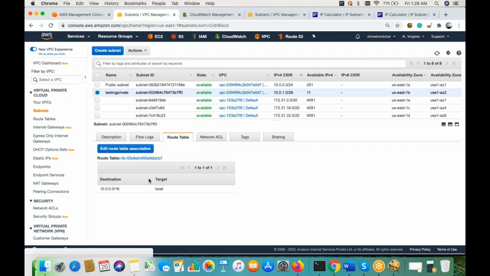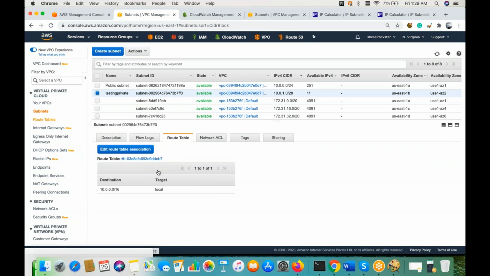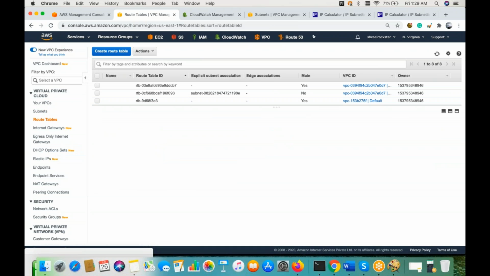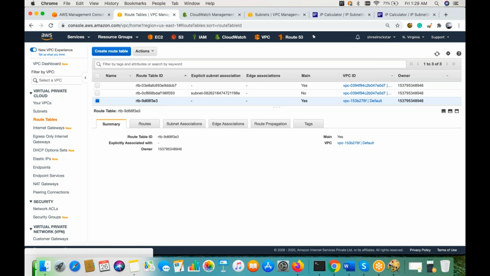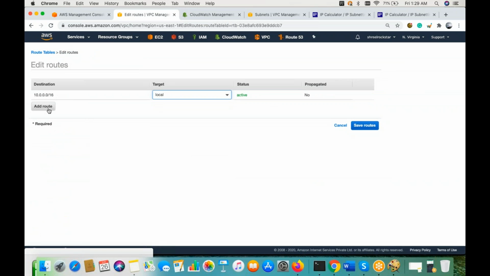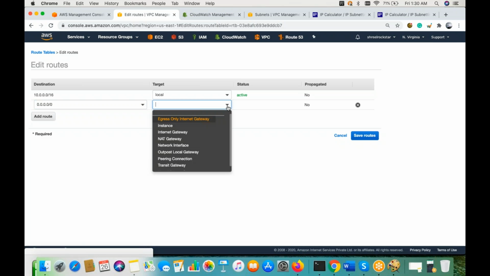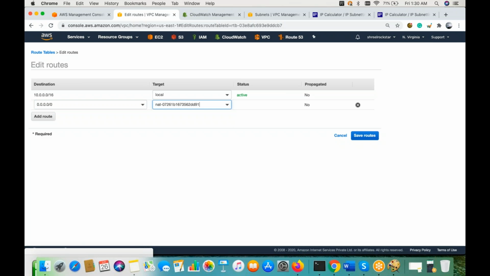And in the routing table, from here, this one, yeah, this one is without that. So you can create a route here, because I want to transfer all my traffic. Simple, 0.0.0.0/0. Okay. Now you can select your NAT gateway, which we just created.